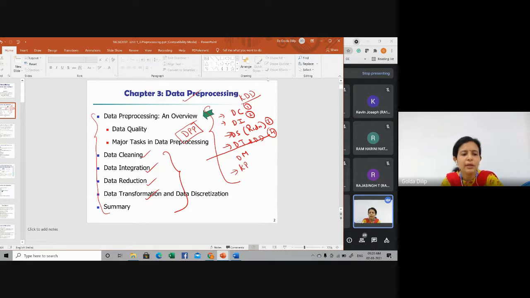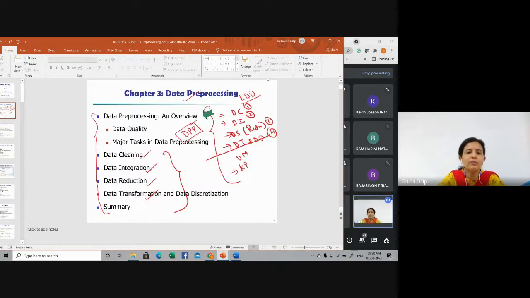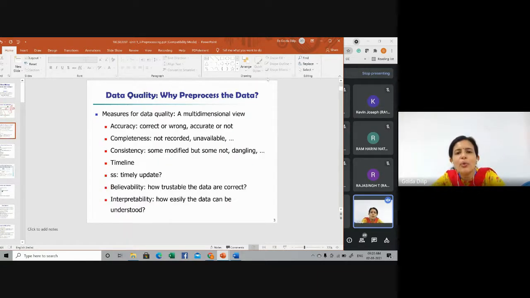Before we jump on to data cleaning, what tasks we do in it, and how we remove the noise and other things, we should first look into why we go for data pre-processing.